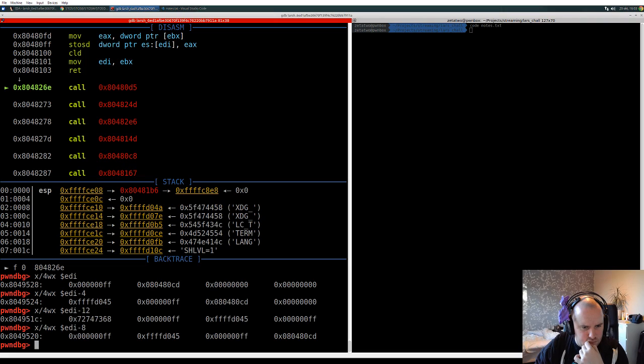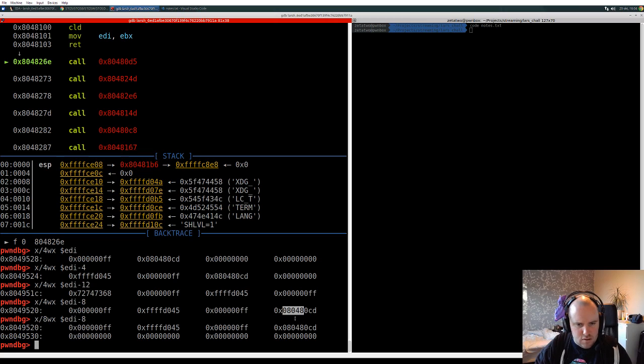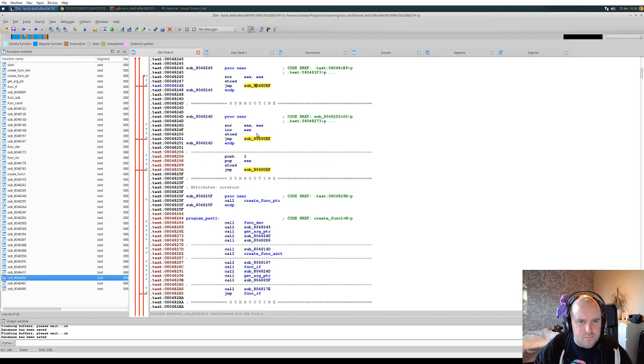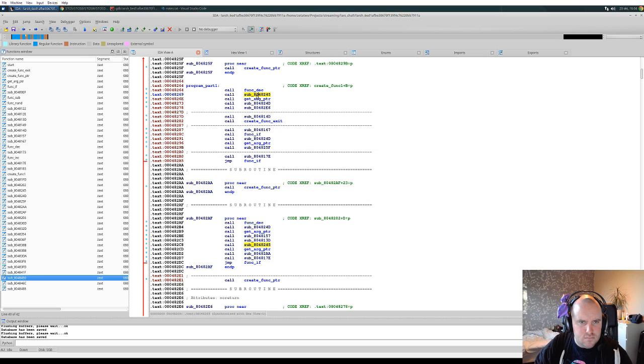So we have this pointer to the argument, we have this counter, we have this ADCD, but that's maybe a leftover from previous. And then